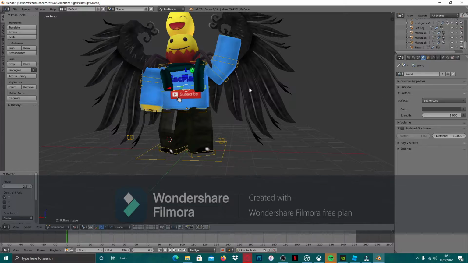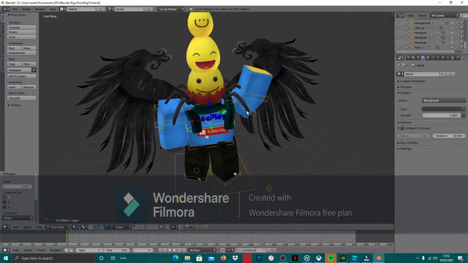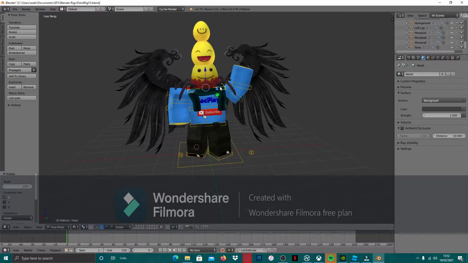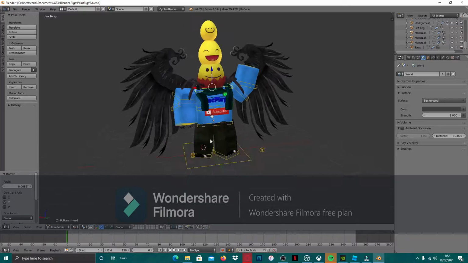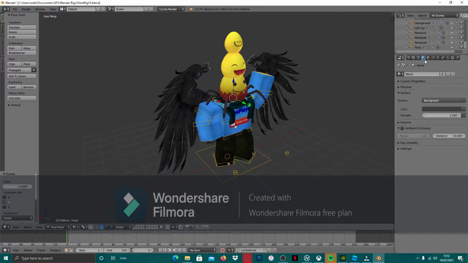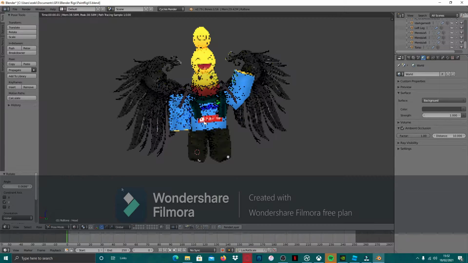So I prefer, if you're in Blender 2.79, you need to be in Cycles render for this. And in a Blender rig, it'll probably already be in Cycles render for you. Right, so you need to be in Cycles render, and then go to this Earth tab over here. This is the world properties, and then you can click ambient occlusion. Make sure that is on, and then when you